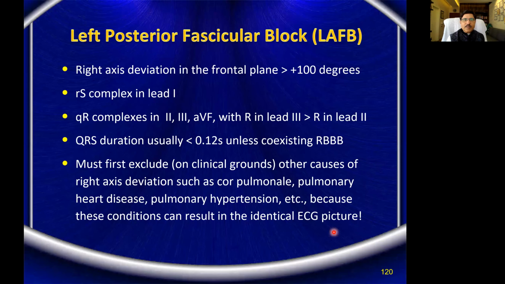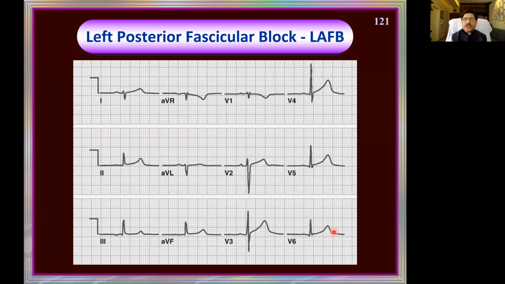Okay. Now, left posterior fascicular block. So I told you the posterior fascicle goes and innervates the posterior part. The axis is right axis here. Left posterior fascicular block: QRS is not widened. Okay. And then you can see typically the S wave is prominent. Here these three leads will show a positive deflection. And we don't have the M pattern of complete bundle branch block either in V5, V6 or aVL.